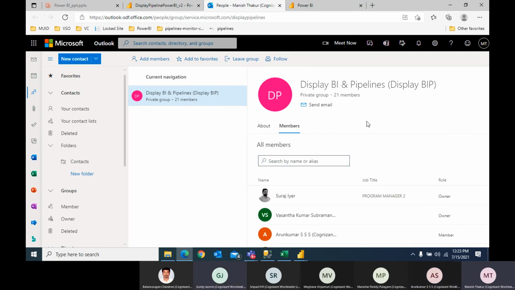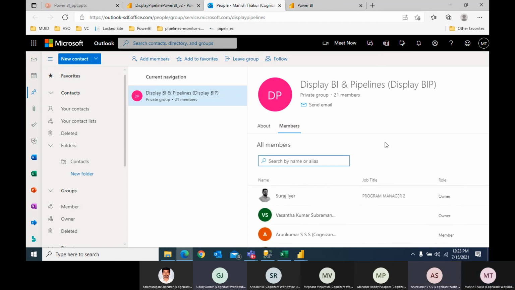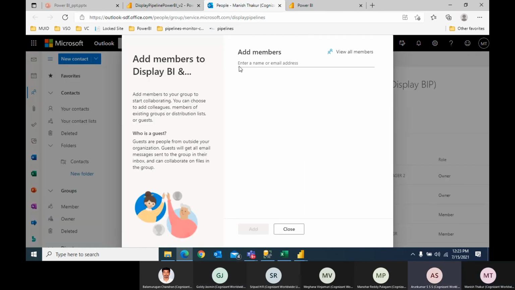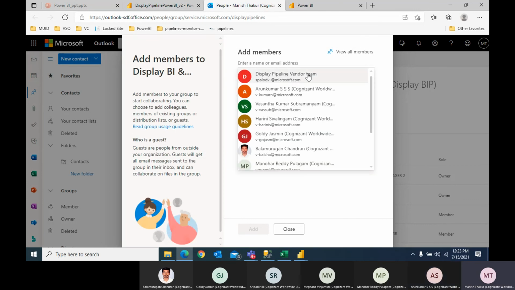Manish, it is asking for request access. Once I ask for access, will it go to the owner level? Yeah, I think so. Don't do that as of now. We'll check how we can create a new workspace, or how we can request. I think we can create a new workspace where we can add only limited members. Explore that, Manish. One more option is to add the vendor team. We'll check that with Vasant.